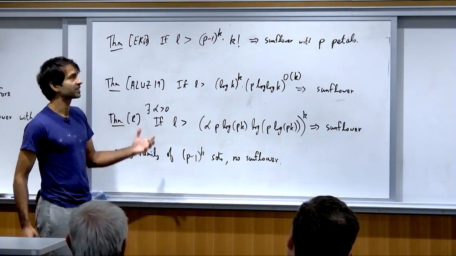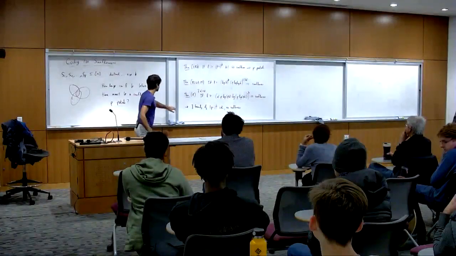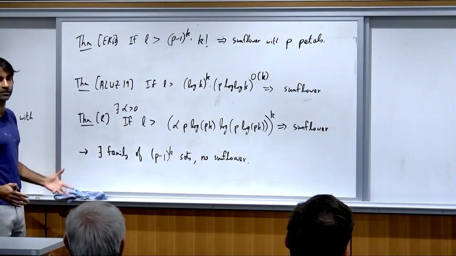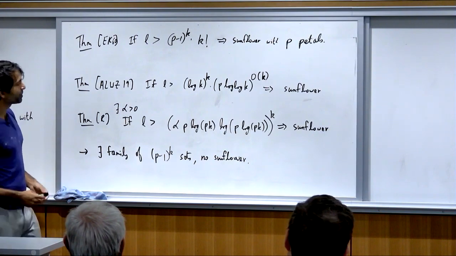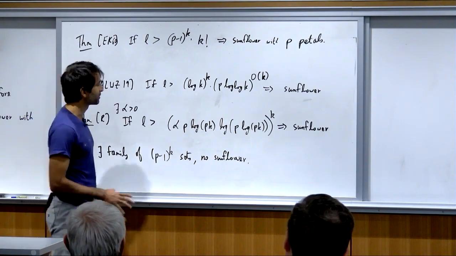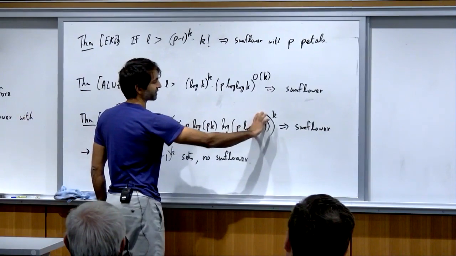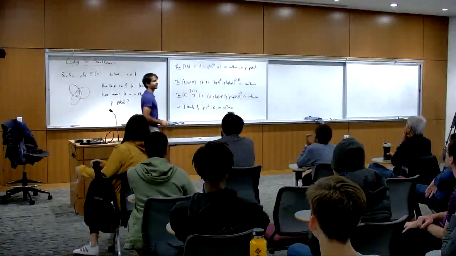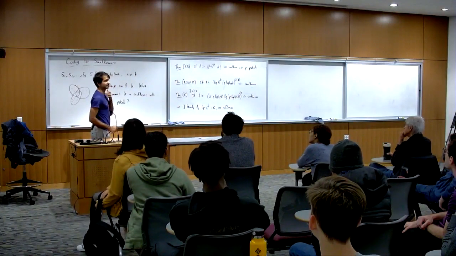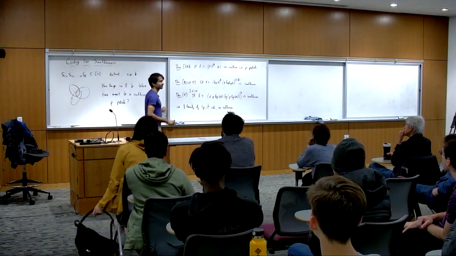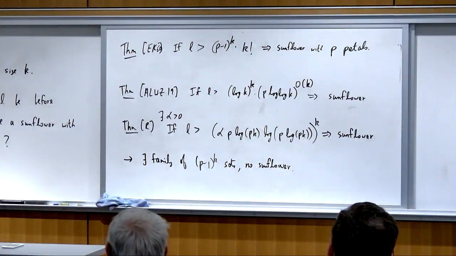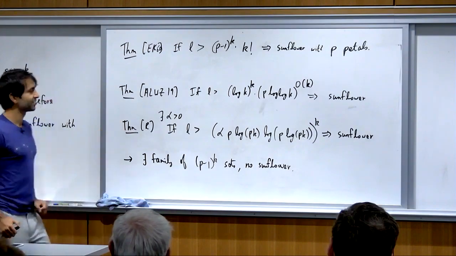Okay, and this is really what Erdős and Rado I think believed to be the truth. So really, as far as we know, it should be possible to completely get rid of all the terms here and just have something that looks like order p to the power k. Okay, and that's the main open question that's still left open. So that's my plan today, is just to show you this proof.